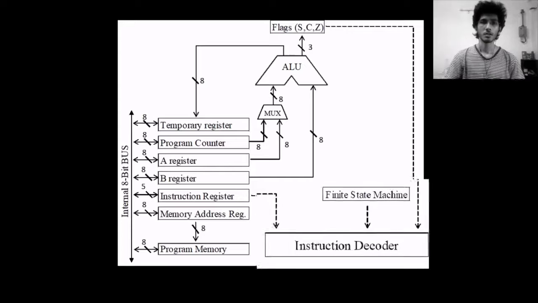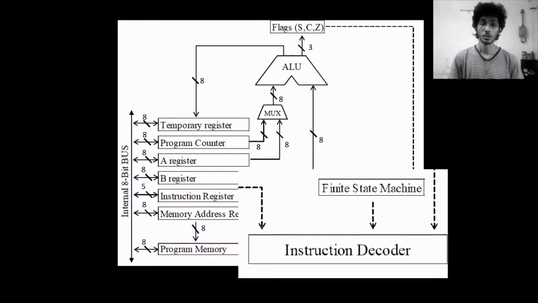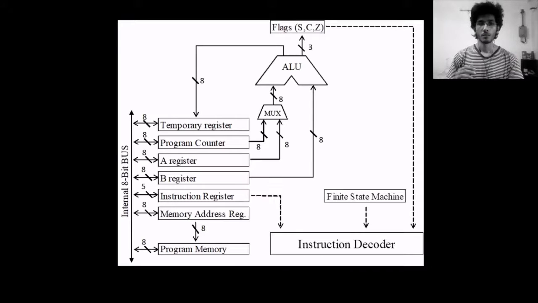The final section of my Relay computer is the control unit. Now, the various blocks in the arithmetic and logic section and the memory section all contain their own set of control lines. And these control lines dictate what operation each block is going to do and when it is going to do that operation. Since we have a lot of blocks, we have a lot of control lines, and these control lines need to be orchestrated in a specific way to execute a larger operation. And this whole orchestration is done by the instruction decoder.